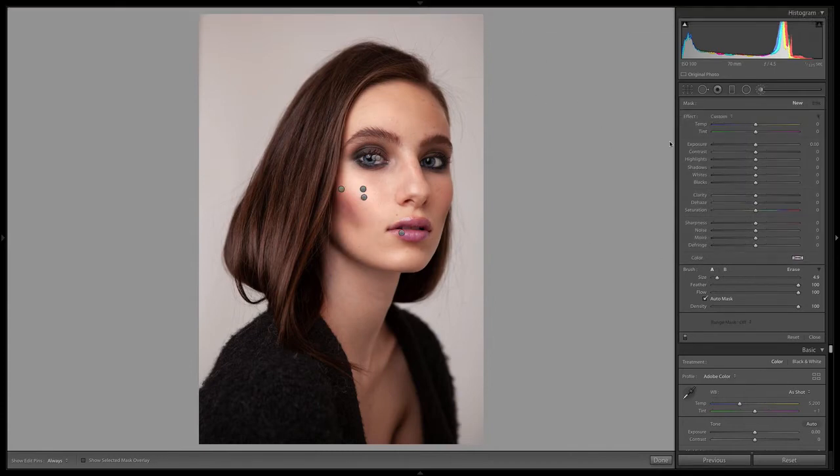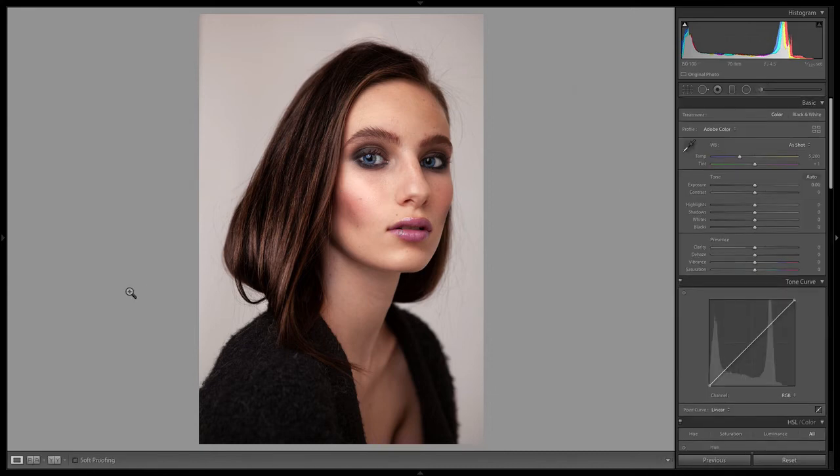Another thing I'm going to do is just create a new brush and I'm going to go over her hair. I'm just going to increase the clarity of her hair, then maybe boost the exposure just a little bit, just to get her hair to be a little bit more defined, a little bit more contrasty, basically. So we could also play with the whites, shadows, and also increase the contrast itself. Maybe you want to make it softer. You could decrease clarity as well, but I want to boost clarity just a little bit, add a little bit more detail. All right, so we're looking pretty good.